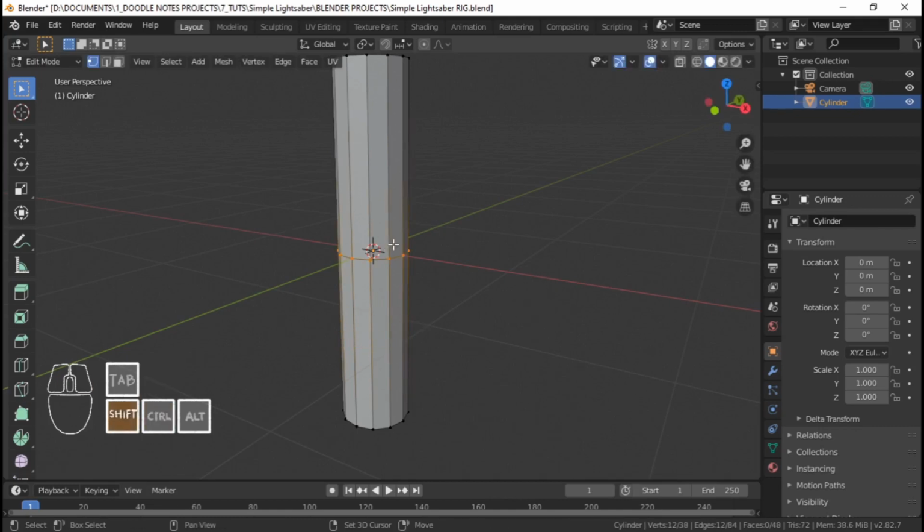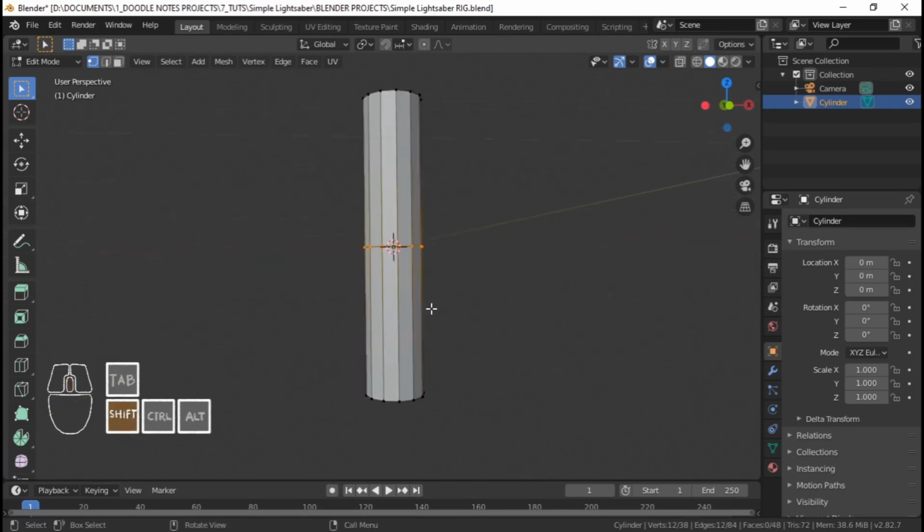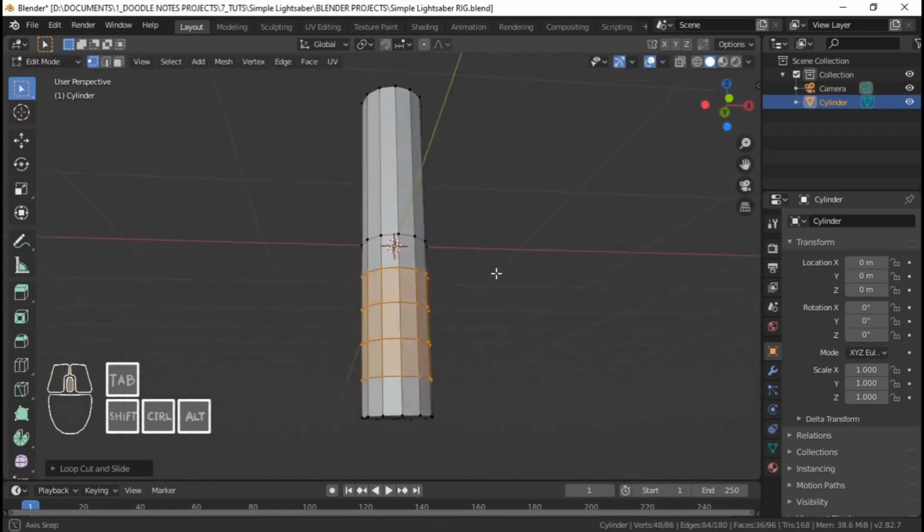So I added one in the middle right here. Then I'm going to Ctrl R again, and to add more edge loops, I'm just going to press one of the numbers on my keyboard. I want to add 3 edge loops, so I'm going to press 3. So Ctrl R, 3, is probably not enough. I'm going to Ctrl R again. To cancel, by the way, just press right click. That method is applicable even if you're right click selecting. For this tutorial I'm doing left click, but usually I use right click. So Ctrl R, I'm going to add 4 here, and then confirm. Now we have